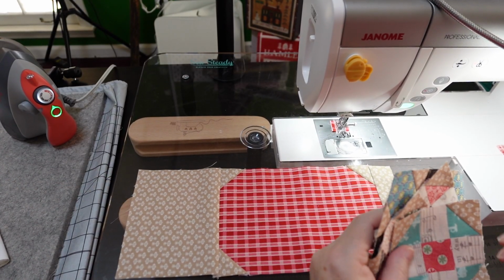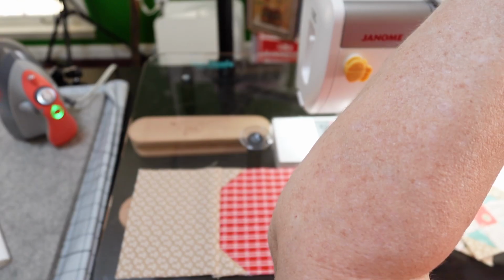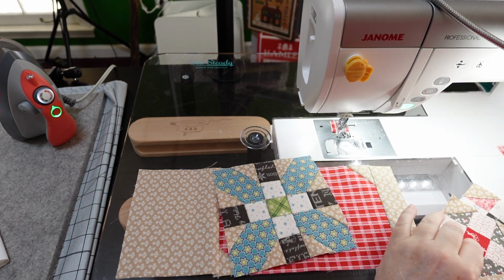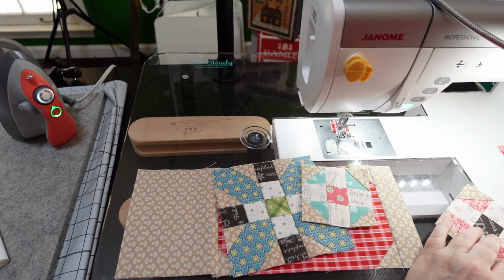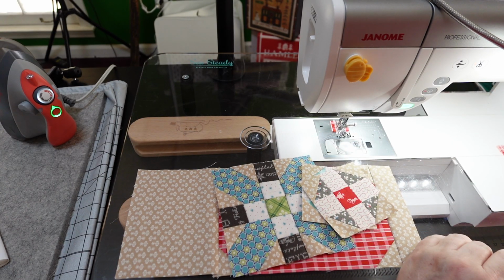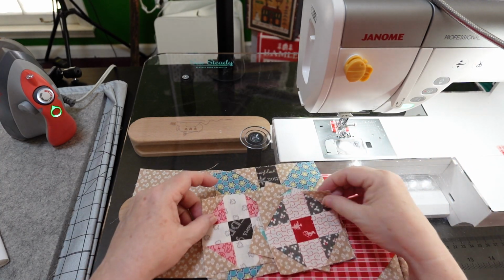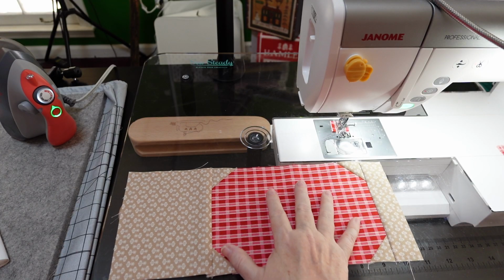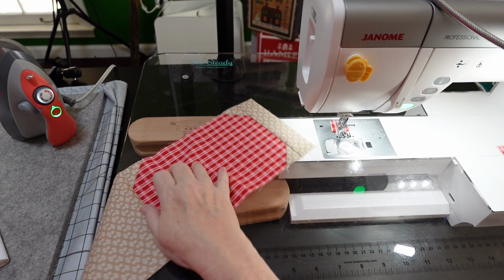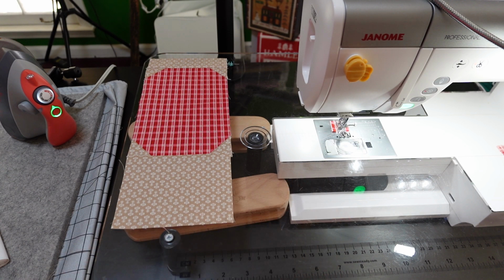Okay, so I went and grabbed this block and 3 snowballs. We needed that one, we needed that one, we needed that one. So we needed these 3. Okay, so I'm gonna set those aside for a second. All right, so we're working on this unit. So I'm gonna set that aside for just a second because we're gonna take one of the snowballs